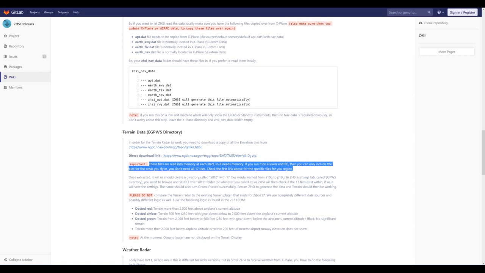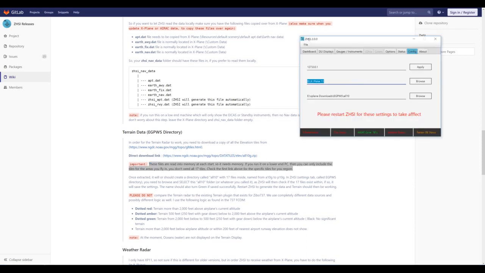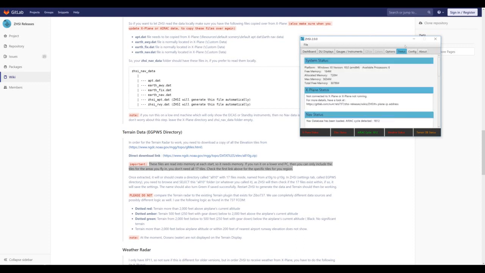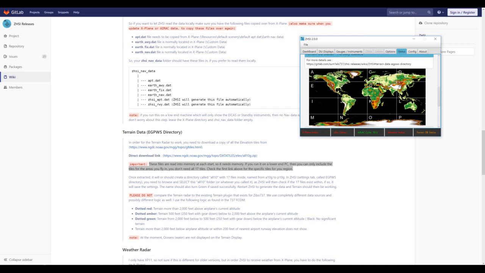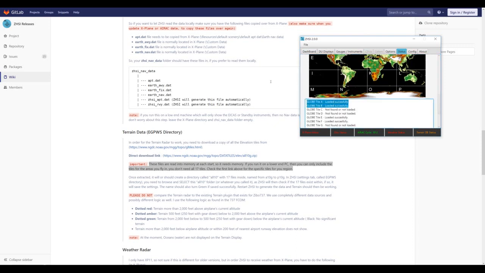So that's all you need in there. And you'll see, I don't know if I can highlight this for you. I can't highlight it for you, but yeah, in the bottom right hand corner, the terrain DB status is amber, and that is because it detected that I've not loaded every single tile. It'll say only tile A and B has been loaded,